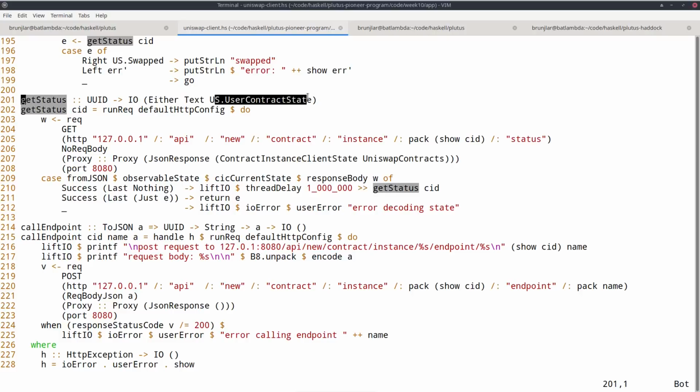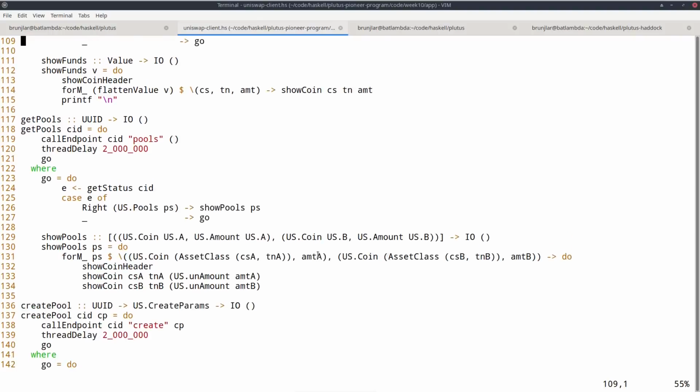Recall this user contract state, there was one constructor for each of the endpoints, but if there's an error during contract execution, I get the error message as a text. And if something went wrong, then I end in this third case. And with these two, it's easy to write all the cases for the endpoints.